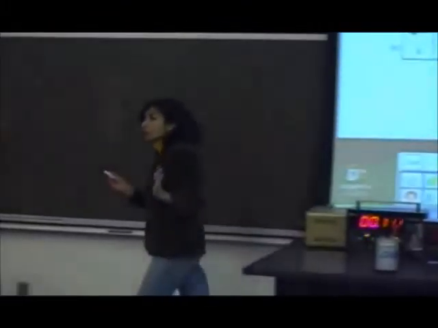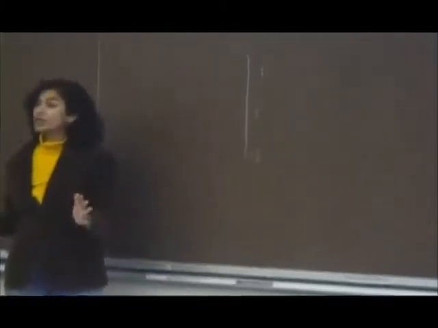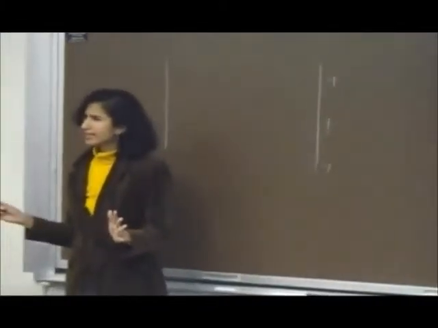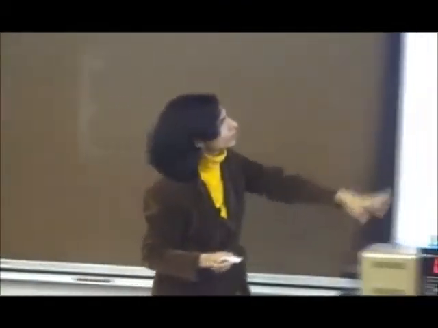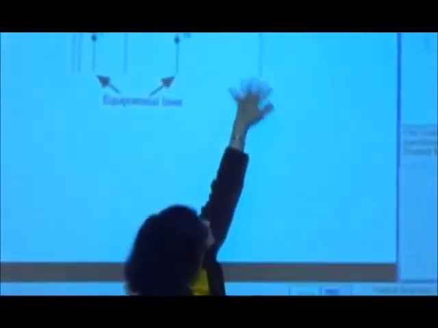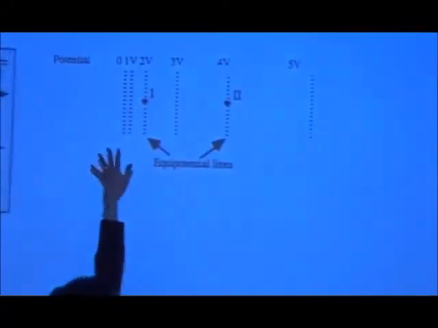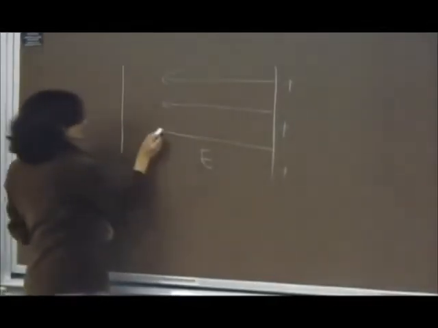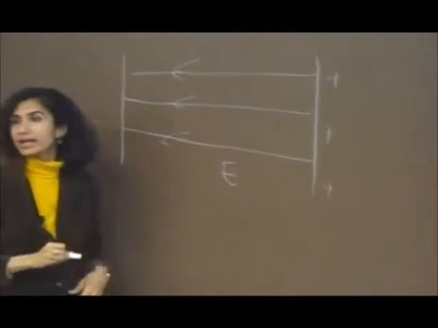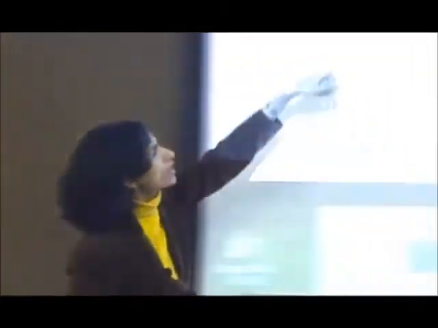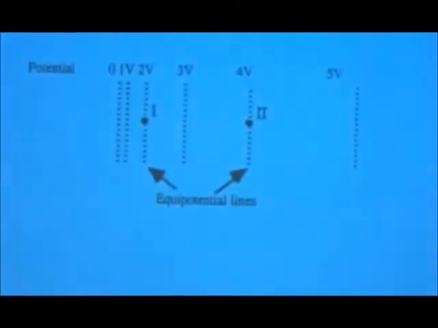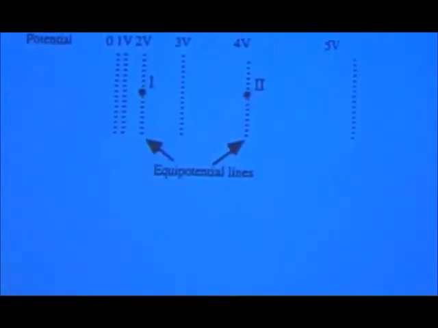We also know that in these cases, we always know the potential is higher closer to positive charges, right? So we know that these places are at a higher potential, these are at a lower potential, and so the electric field must be pointing in this direction, right? And therefore, if you put a positive charge here at point 2 or point 1, which way will it feel a force? In the direction of electric field, because F is equal to QE,